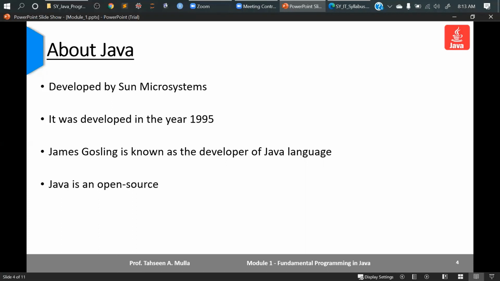Java is open source. You can download it free of cost and run it on a machine. You'll see the different features, or the advantages of using Java compared with C and C++. If you want to download Java on your machine, you can visit this website, www.java.com/en/download. You'll see the latest version as well as the older versions. Which one do you prefer, 8, 11, or 7? Install it on your machine.